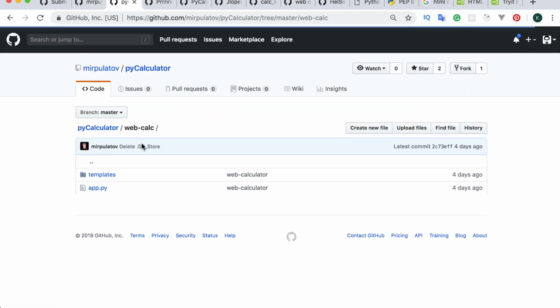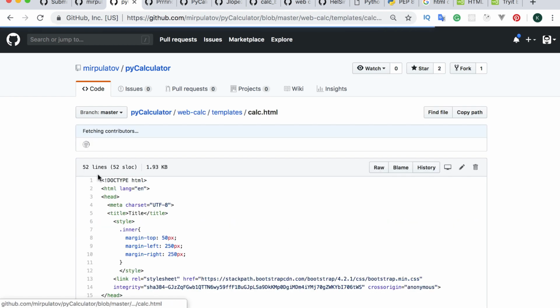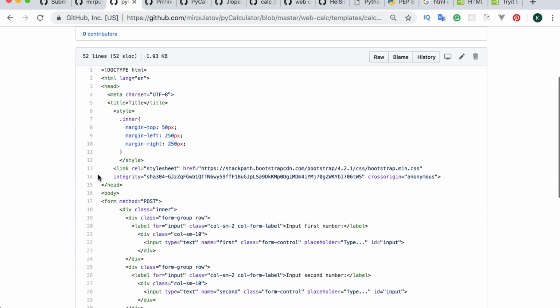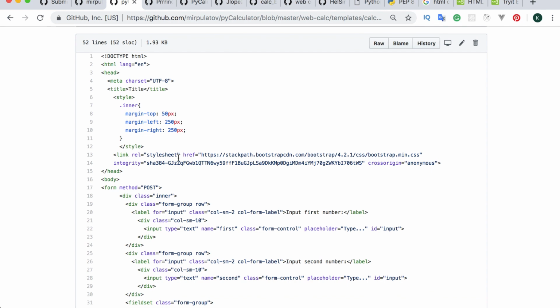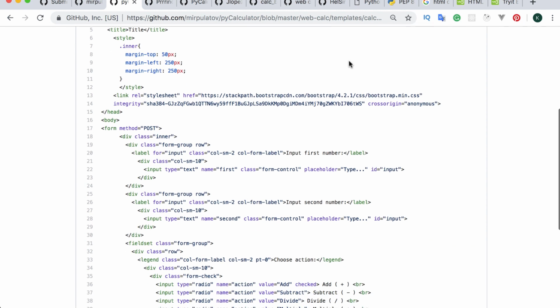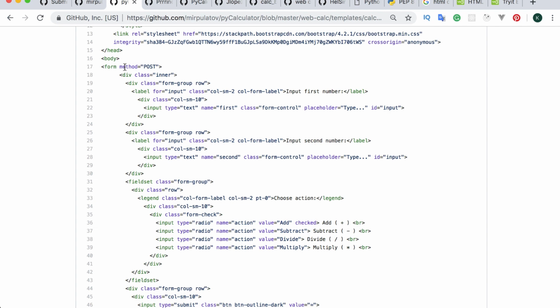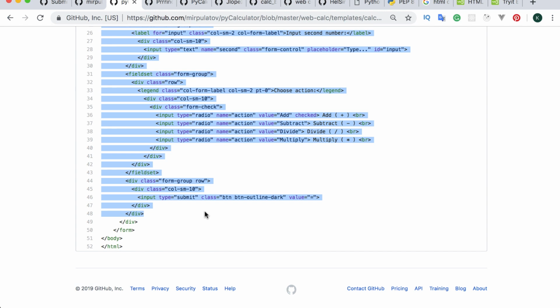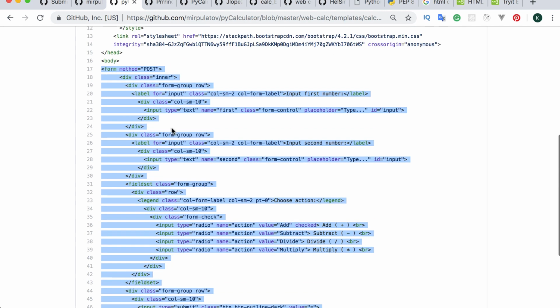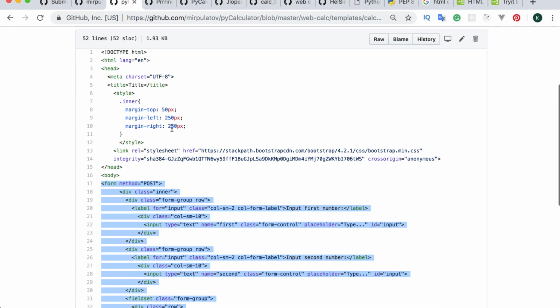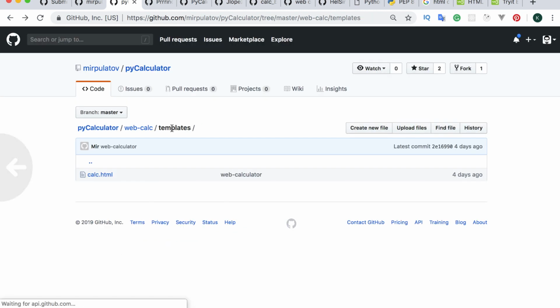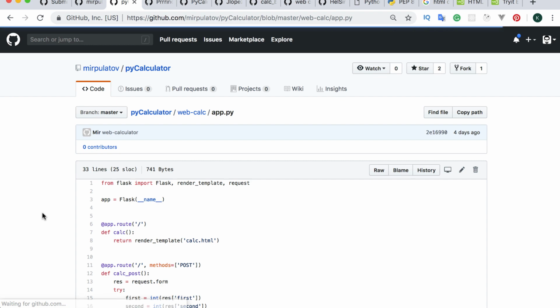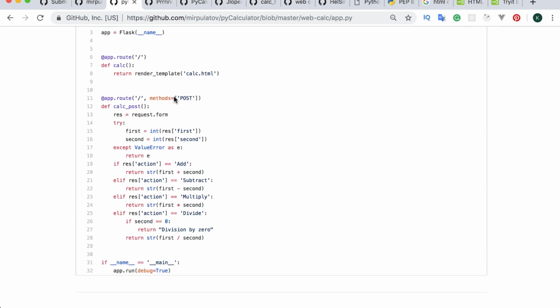Okay, and let's now move to templates. Okay, I see style sheet, bootstrap, good, and well designed form. Okay, I like it. Yeah, that's quite good. So this one doesn't need any additional steps because it has Flask. It's a web. We have check with try except with value error. You can add one more check